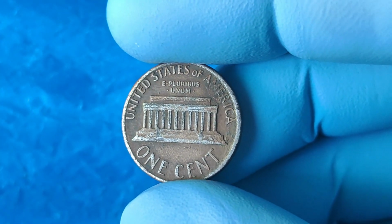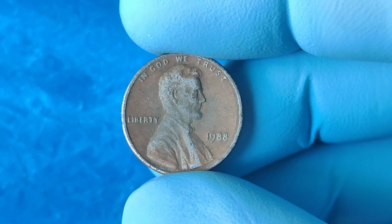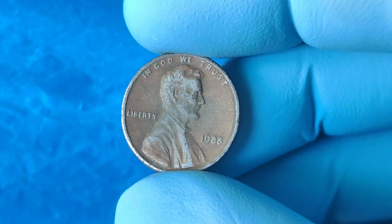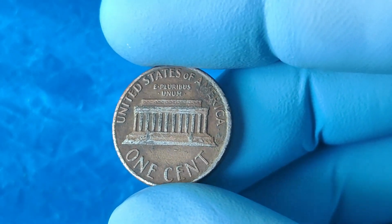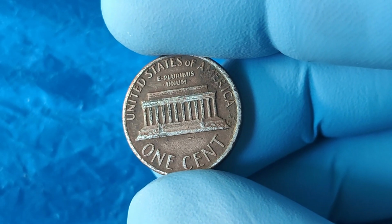Keep valuable coins in protective holders and avoid cleaning them, as improper cleaning can significantly reduce their value. Collectors and experts prefer coins in their original unaltered state. The 1988 No Mint Mark Abraham Lincoln 1-cent penny proves that even the smallest coins can hold enormous value. If you are lucky enough to own one of these rare gems, you might just have a fortune sitting in